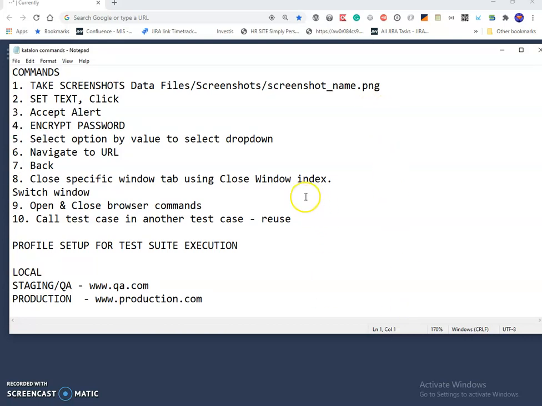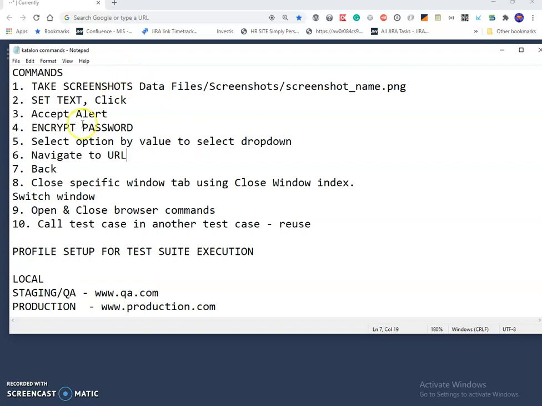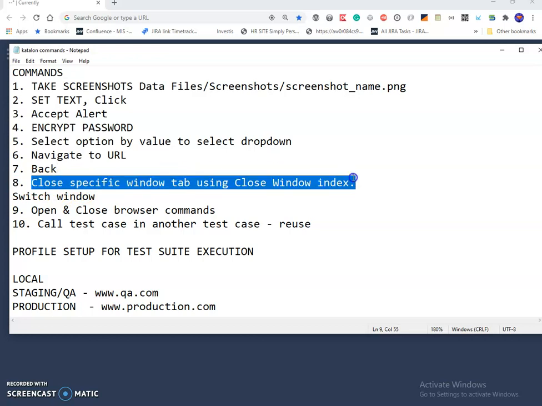So today we will see the basic commands of Katalon. I assume that you have installed Katalon in your system and it is ready. So we will see basic commands today, like taking a screenshot, set text, click, accept alert, encrypt password, select options, how to select options in drop down, navigate to URL, back, close specific windows like window handles kind of thing,